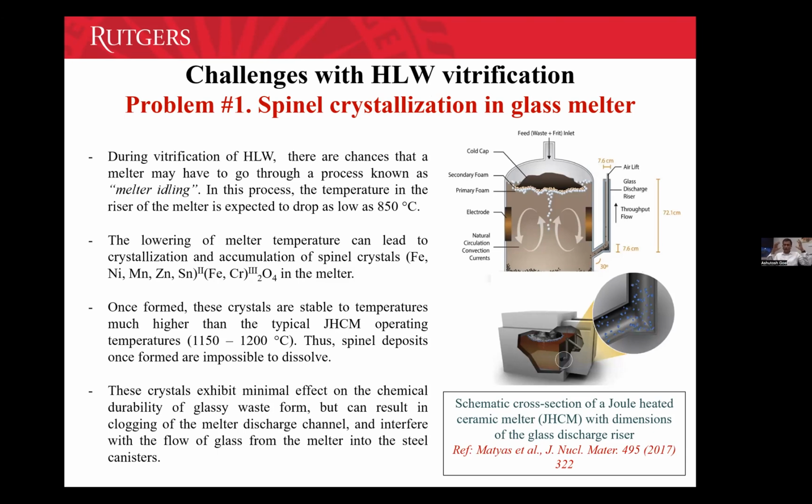The waste is in the melter, right? And we are melting the waste. We are converting it into glass. We have added sand. We have added boric acid. And we are now heating it to 1100, 1200 degrees C. And all of a sudden, there's a power failure, right? Or something went wrong with the melter. And now the melter has to be brought down, or the temperature has to be lowered, right? And you may say, oh, how come there's a power failure?